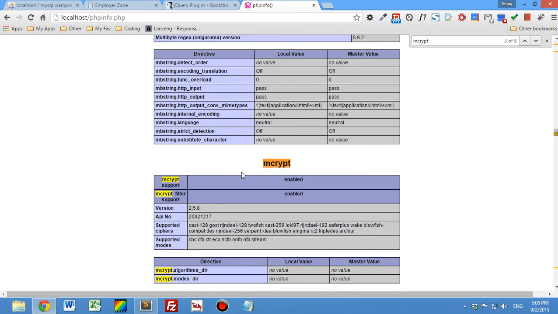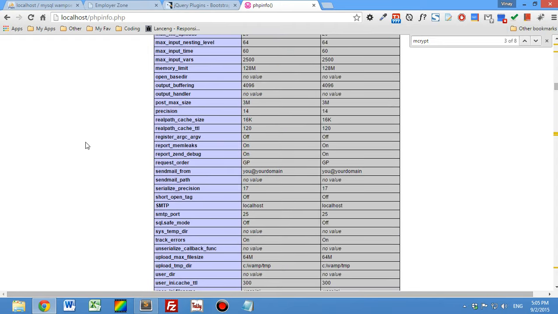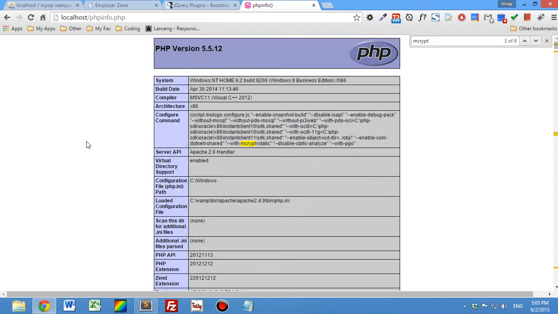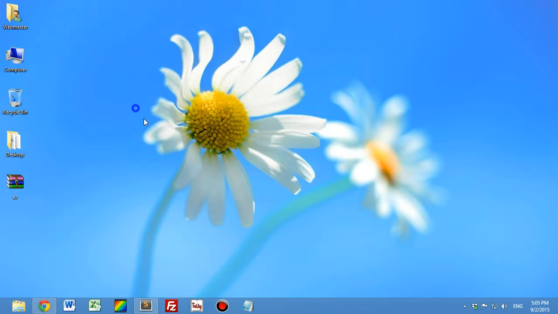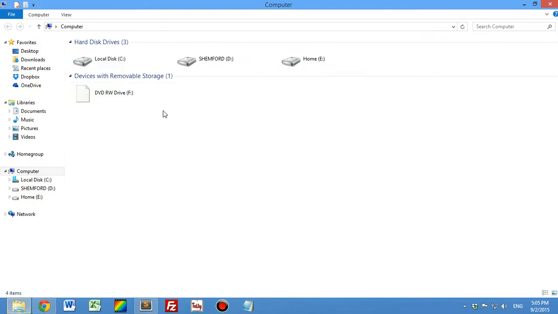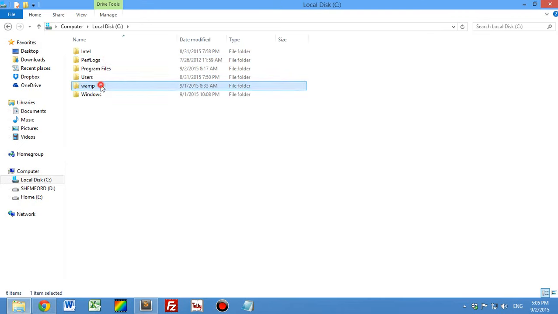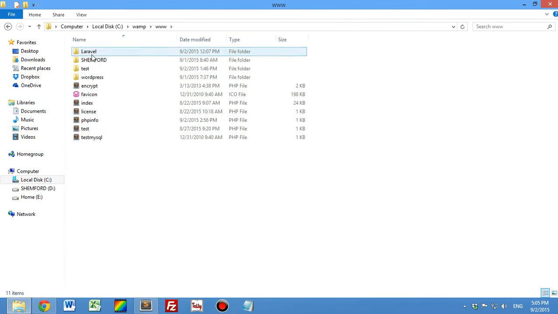The mcrypt extension is enabled here, so both the things are correct. My PHP version is 5.5.12, which is greater than 5.4. Second thing, now extract this to your WAMP server, and here in my case I have extracted it in the